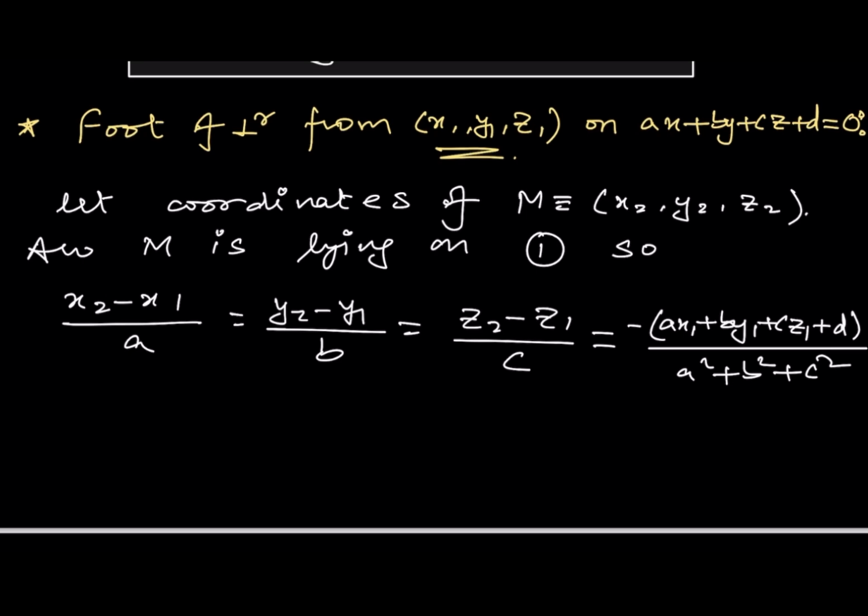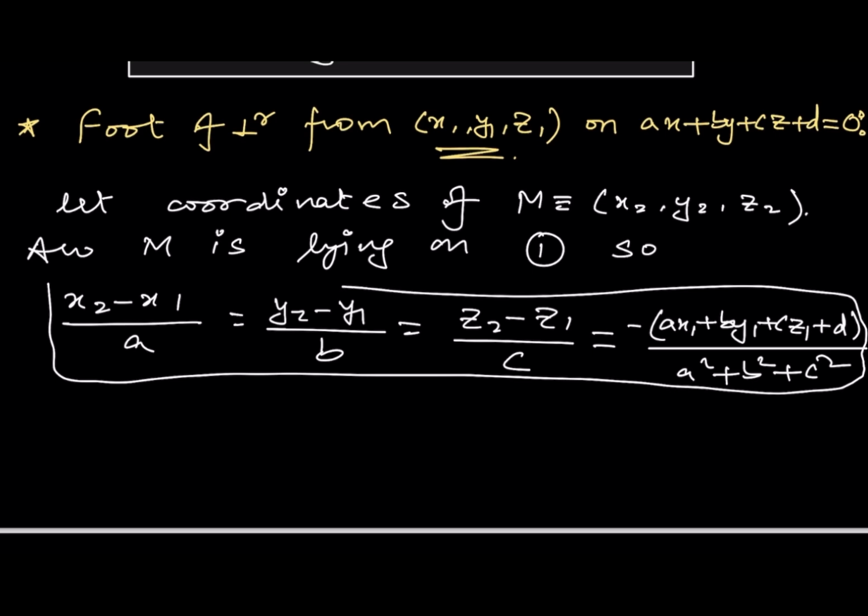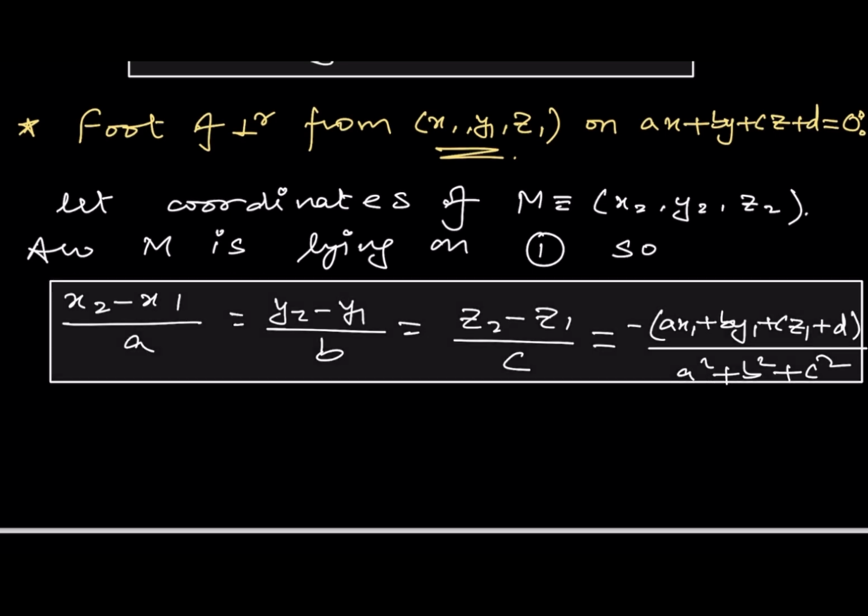This formula is again the same as in 2D, where we find the foot of the perpendicular from a point onto the given line, right? So we can remember this formula in that way also. Now one thing we also want to find is the image of a point